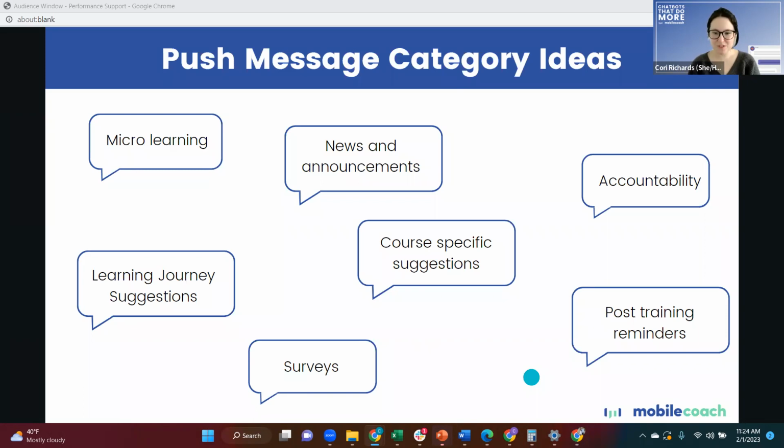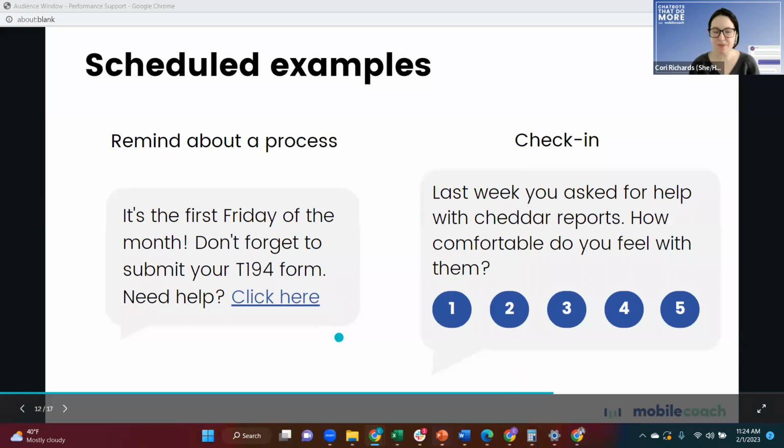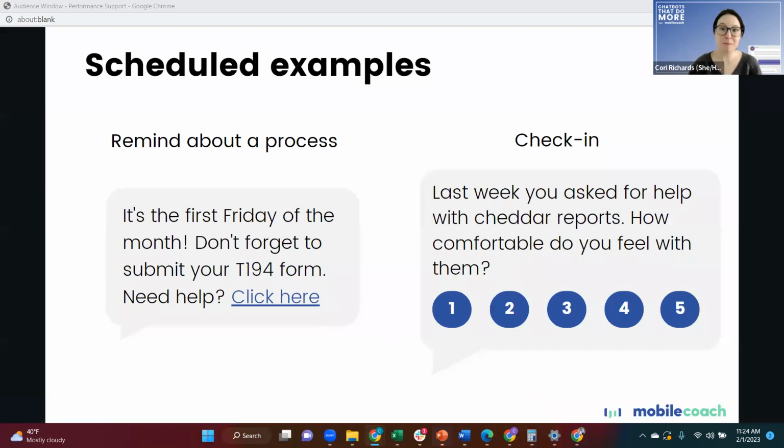So these are lots of ideas, and I'm going to just now think through and look at what these could look like. It helps me a lot to think about, okay, what does the user experience look like for these? So here again are two scheduled examples. We might want to remind them about a process. So maybe something like, the first Friday of every month, I have to do something,